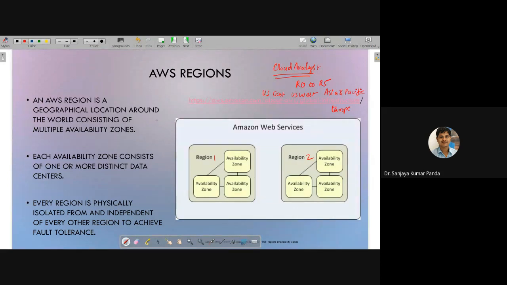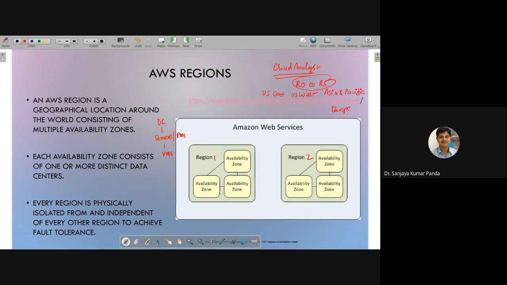Okay, first is your data center. Data center means what? It consists of a set of servers or physical machines. And on each physical machine you can create virtual machines. So a VM is the smallest individual unit, right? In a similar fashion, here the region is a very big one, right? Like I mentioned, the whole world is divided into 6 different regions, and under each region you have multiple availability zones,